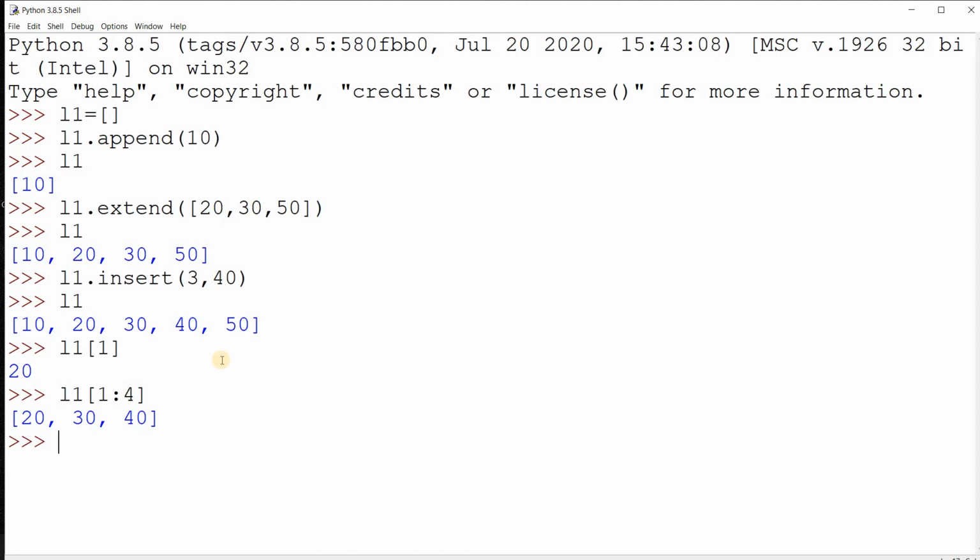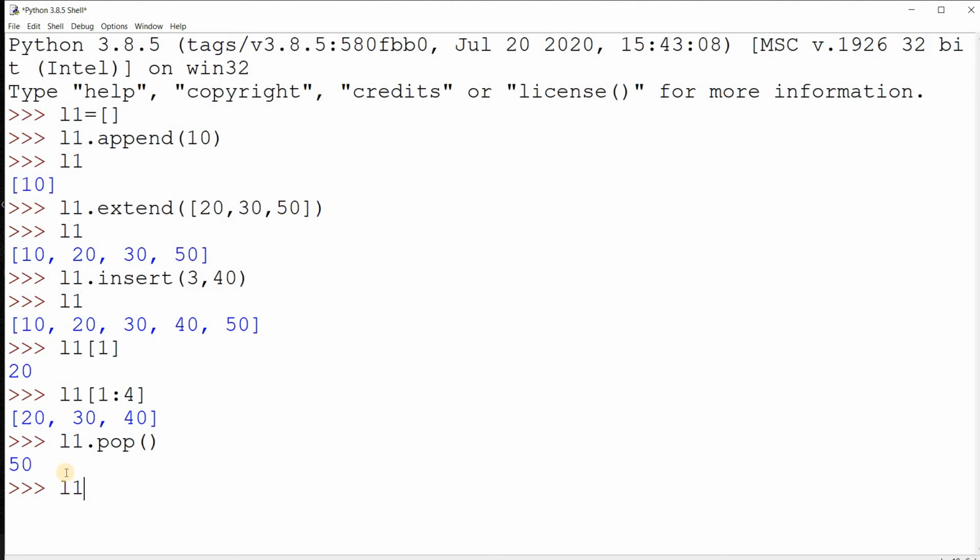So this was about how you can add and access elements, but now we shall study how you can delete an element. There are two ways in a list, that is pop and del. First of all let's use pop. It is used as L1 dot pop, and if you are not giving any value inside the parentheses, it will automatically delete the last value of your list. It will also return the value that it deletes.